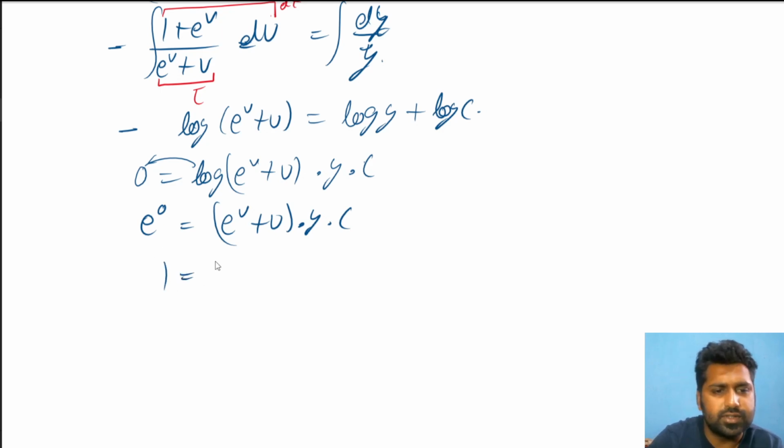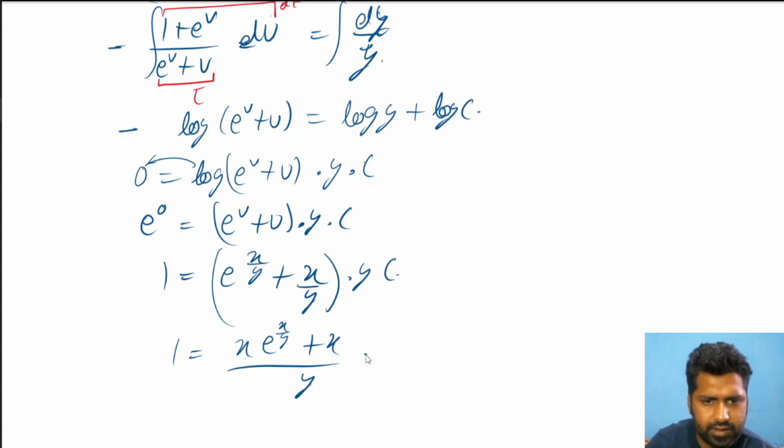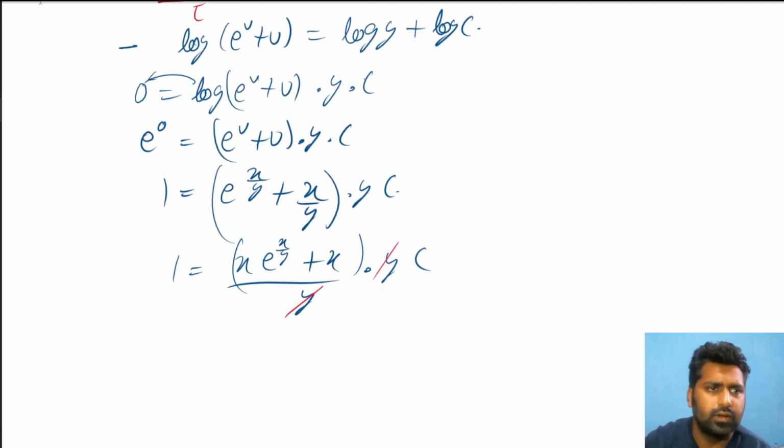Anything raised to power 0 is 1, so 1 is equal to e raised to power v plus v, where v was x by y, plus x by y into yc. So 1 is equal to, if we take the LCM also, x e raised to power x by y plus x upon y into yc, and these two y cancel. So that's a simple equation. Take the c also on the other side, so 1 by c is equal to x e raised to power y by x